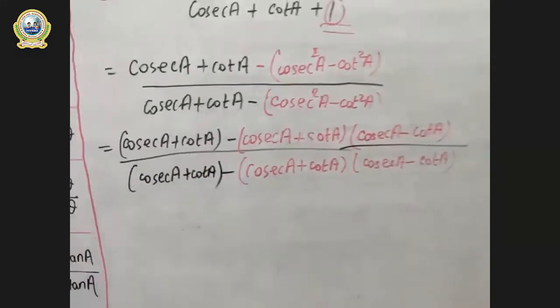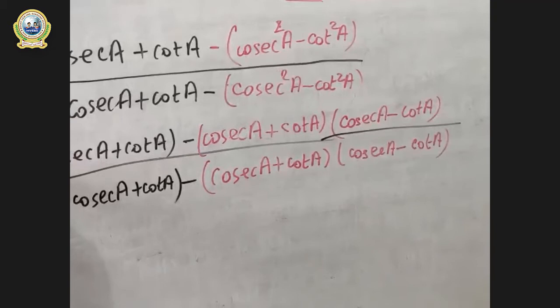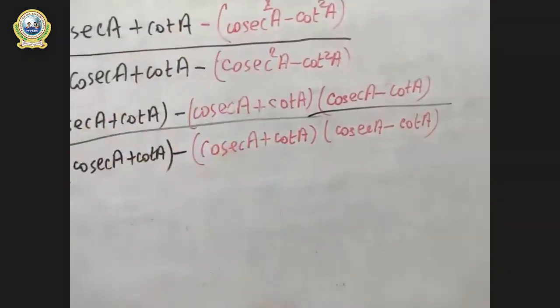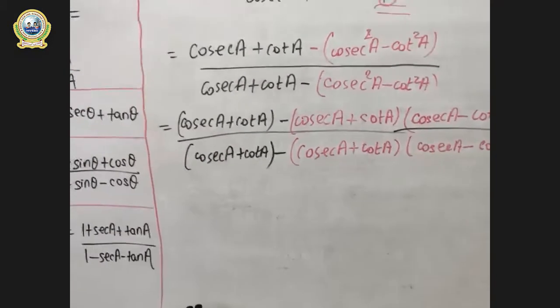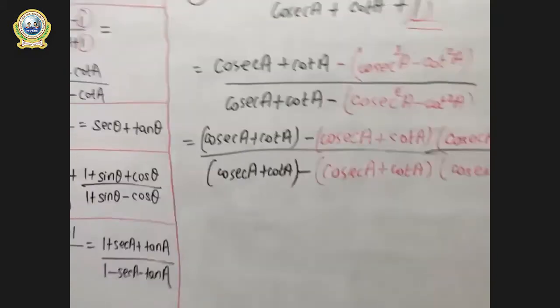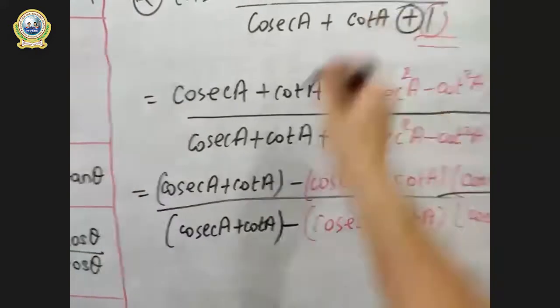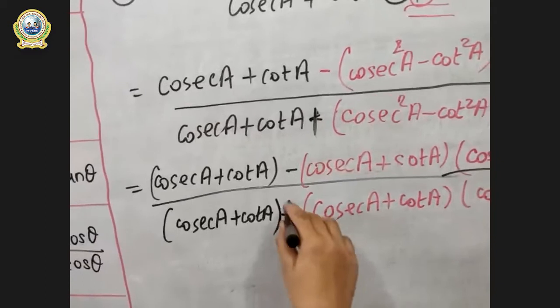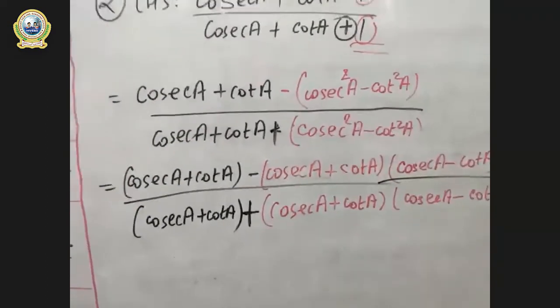Are you clear? Look at this. This has been copied as it is, and the bracket has been used. A square minus B square will be A plus B, A minus B. Similarly, the same in the case of the denominator. Have I done some error? Oh, there is a plus, right? Sorry for the error. Look here, there is a plus sign, so there will be a plus sign. Even there will be a plus sign, okay? Because the question should be followed clearly. Are you clear up to this?